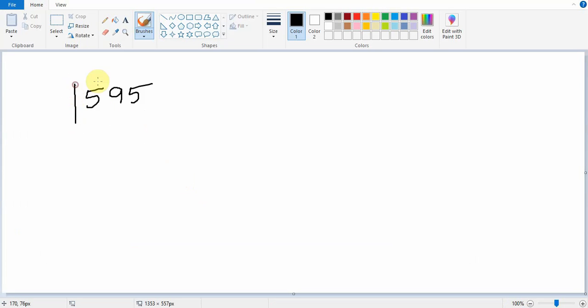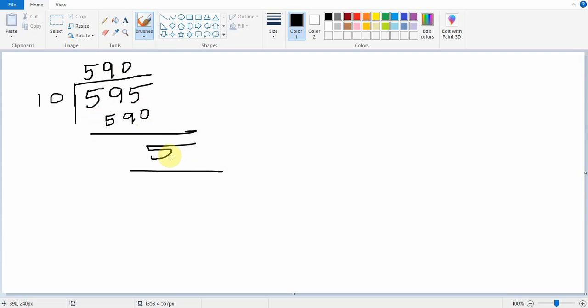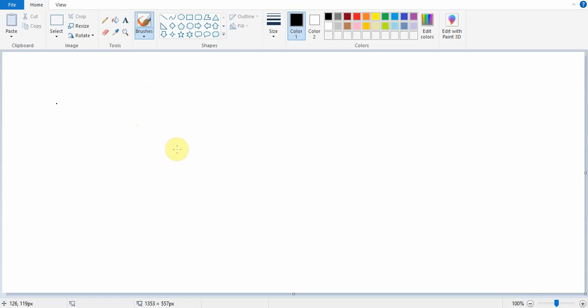When we divide our number by 10, it gives the last digit as the remainder. We use the modulus operator to get the last digit, and in the same way, we use the division operator, the slash operator, to get the remaining digits.